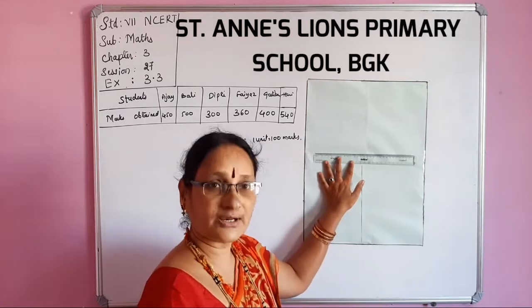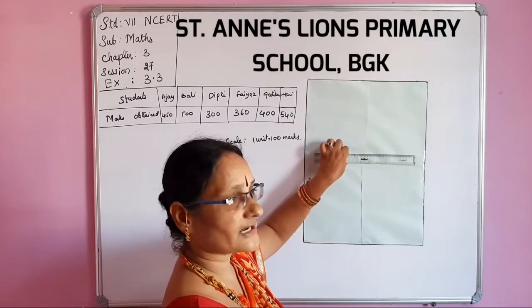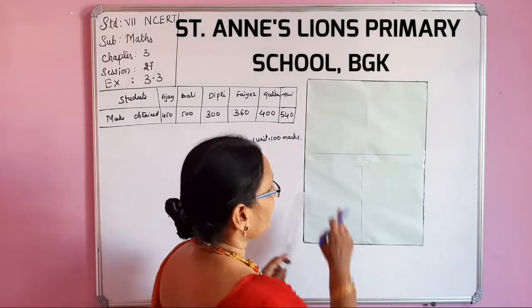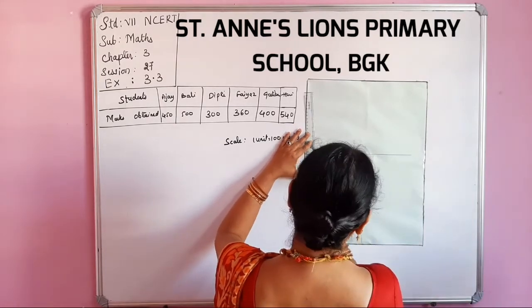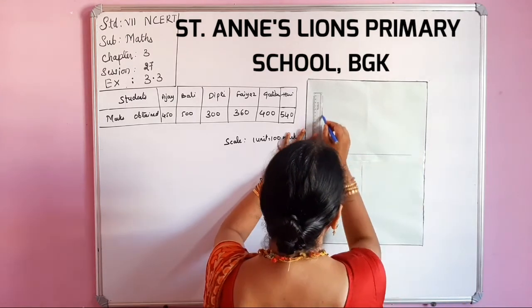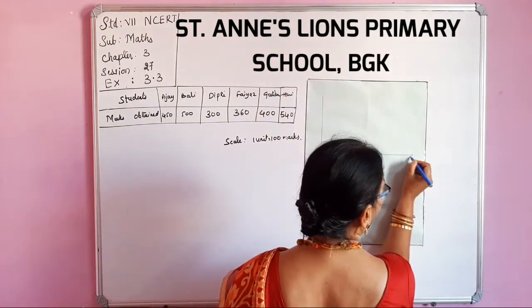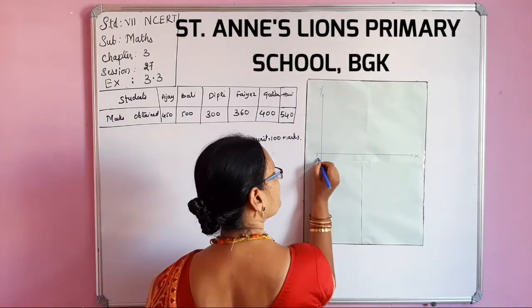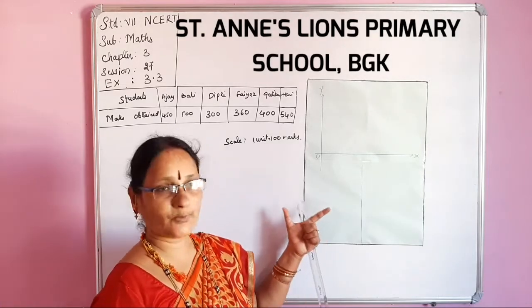Okay. So like this, very neatly, before doing the graph work, you must sharpen your pencil. See here, this is the x-axis. Now, the same way, see here, this is the y-axis. X and this is y. Okay. This is the origin. These all are very important things.